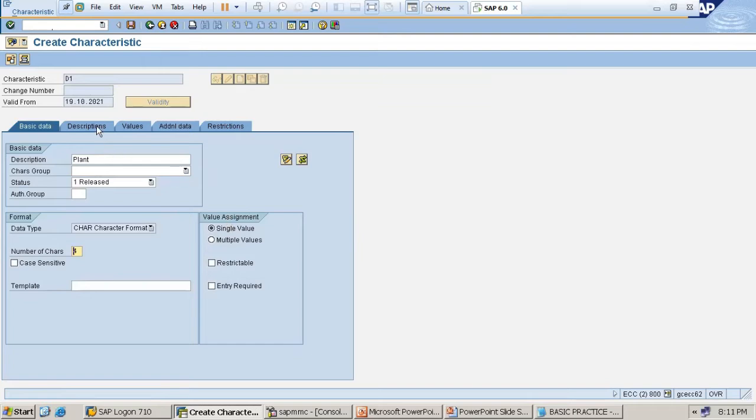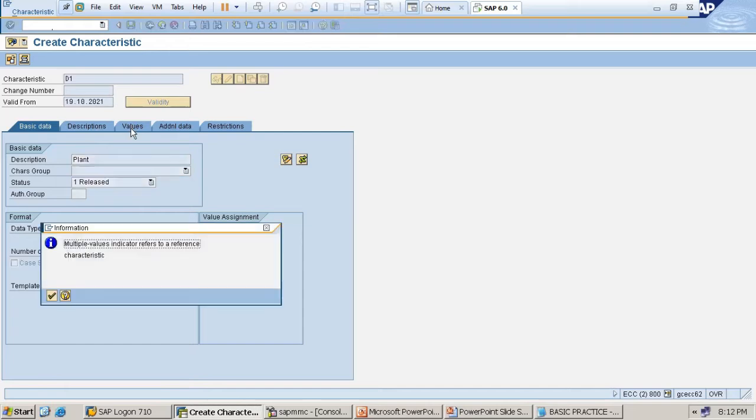Since I'm going to add one more character, that's the reason to go for multiple values. Please observe this carefully: single value, multiple values, restrictable, entry required. Only 4 are there. Then go for the values.